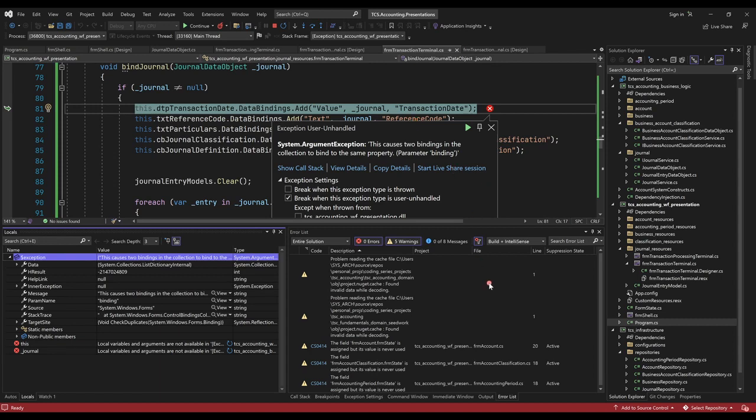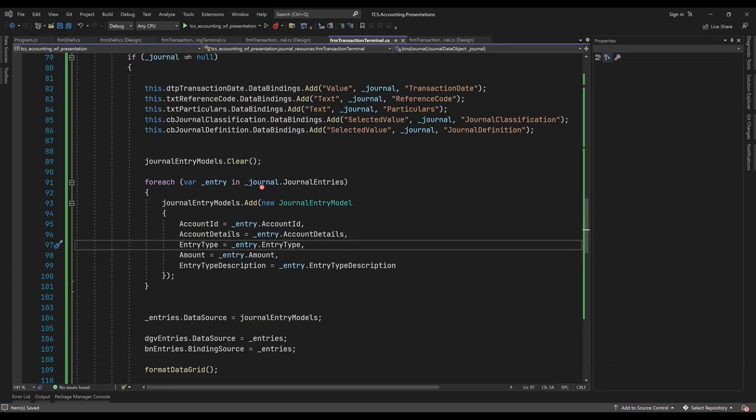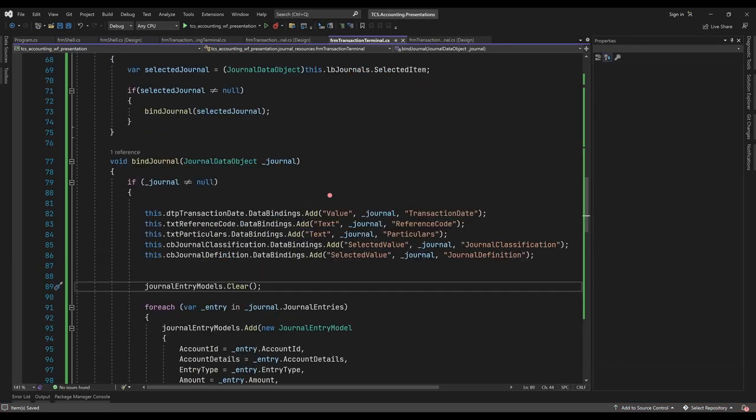All right, one second. Let's clean this up. So this is actually a traditional error that I'm aware of. And to go ahead and clear that error,